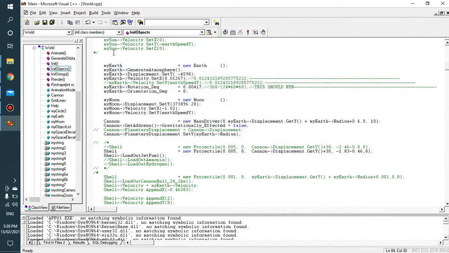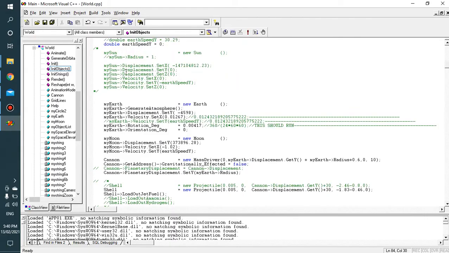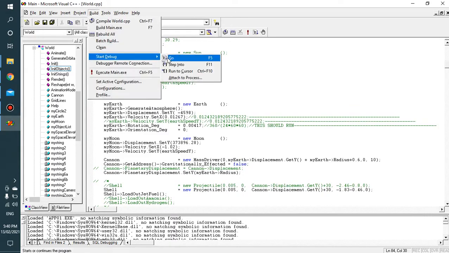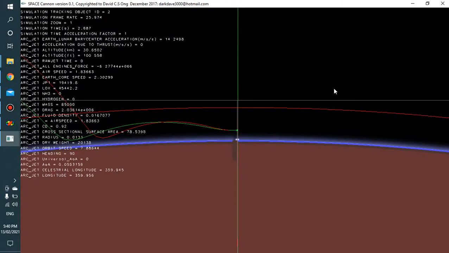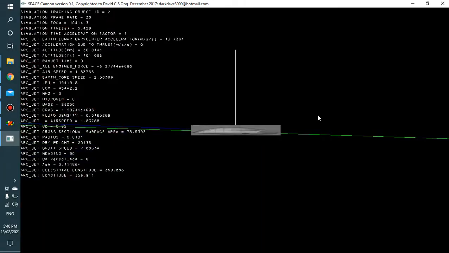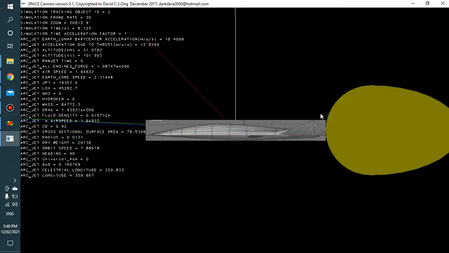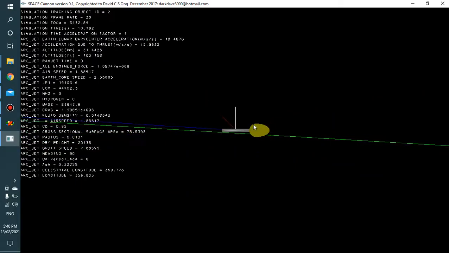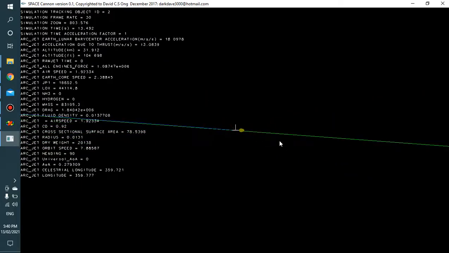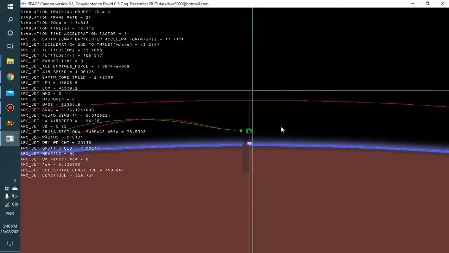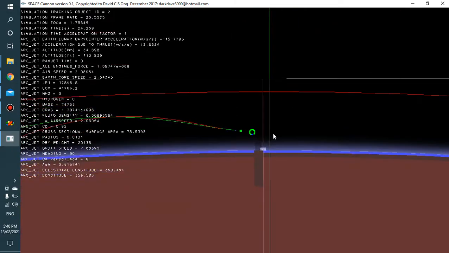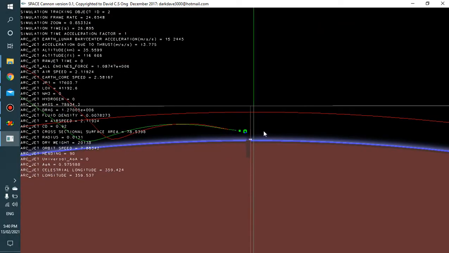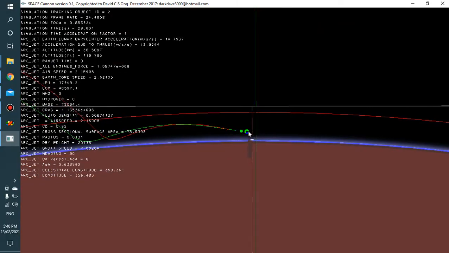Hello all, this is David Ong and I'm about to execute my simulator software to show you a real-time simulation of the ArcJet, the way it was intended to operate. So this is a picture of the ArcJet and it's firing its rocket. I'm just using a picture of the ArcJet instead of a proper model for now. In the future, this software will have the ability to upload full CAD models instead of just having a picture